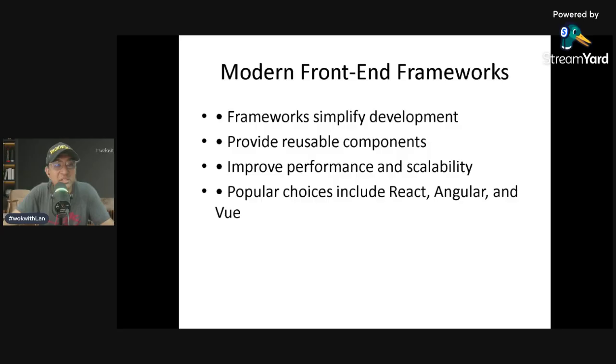Frameworks are widely used in modern platforms such as Facebook, Netflix, Airbnb, and Gmail. Because in Facebook, sometimes they need an update today, and then tomorrow they need another update. So they need a framework to make the development process much faster. They are essential tools for professional front end developers.